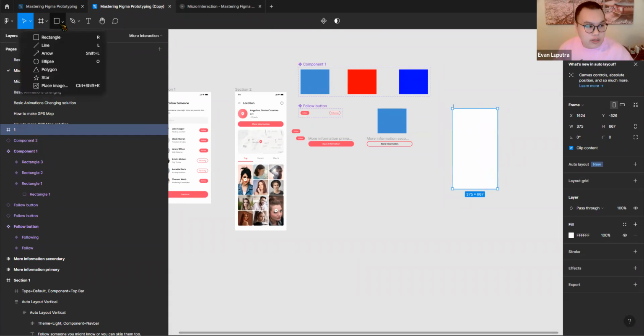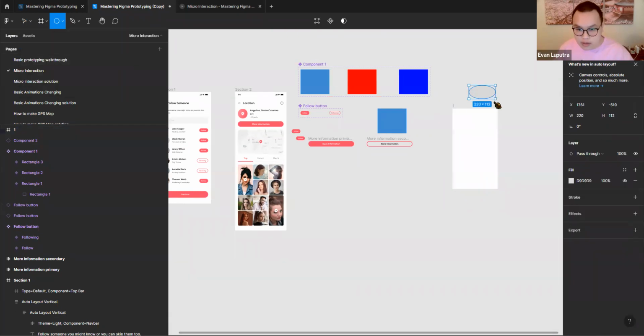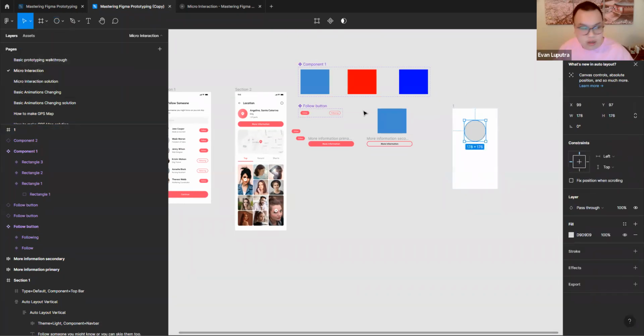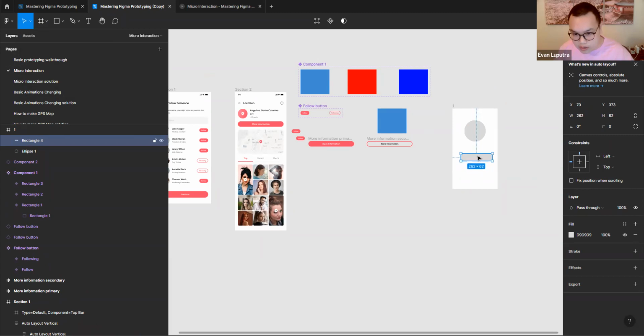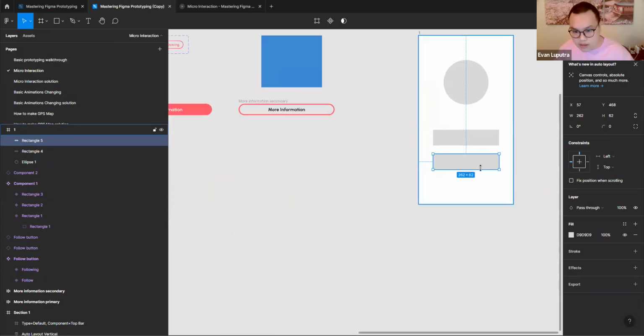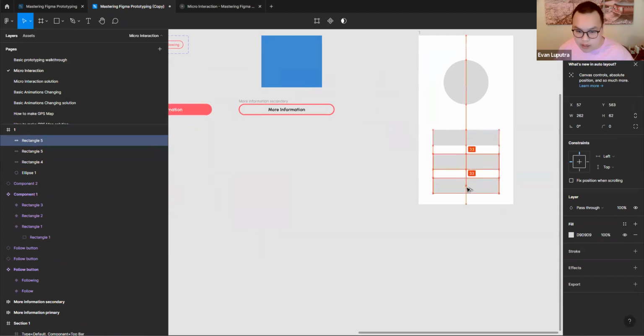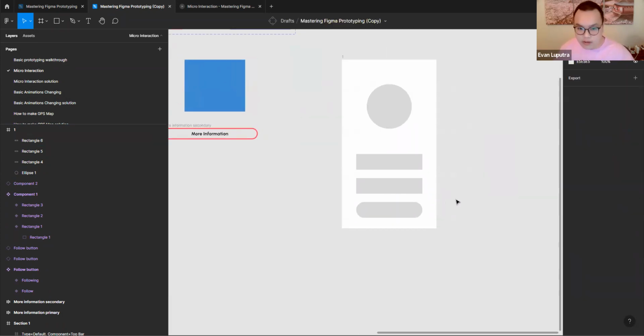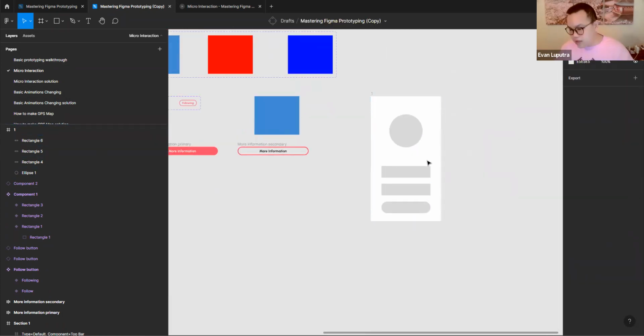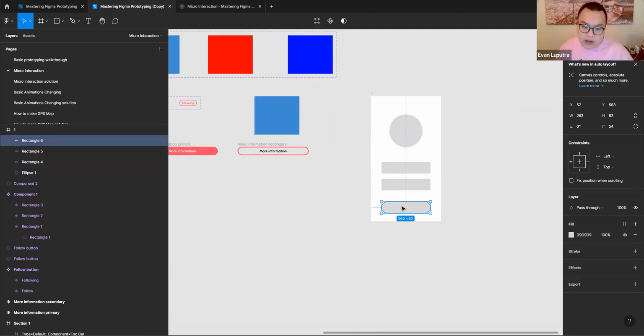A logo just represented by the ellipse, and maybe a sign in, sign up, represented by a username, and then a username and a password, and then maybe a sign up button. I do not know. You have seen this kind of wireframe before. I bet you have, right? And then